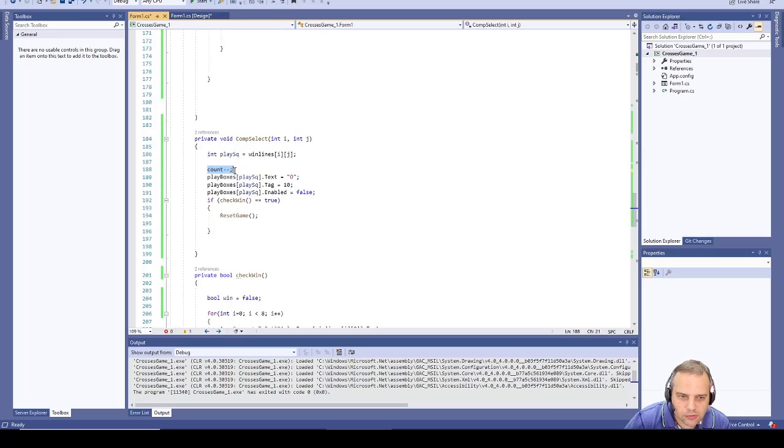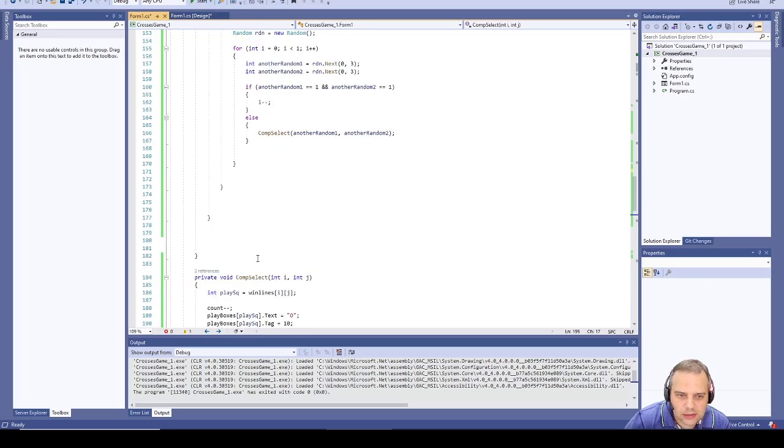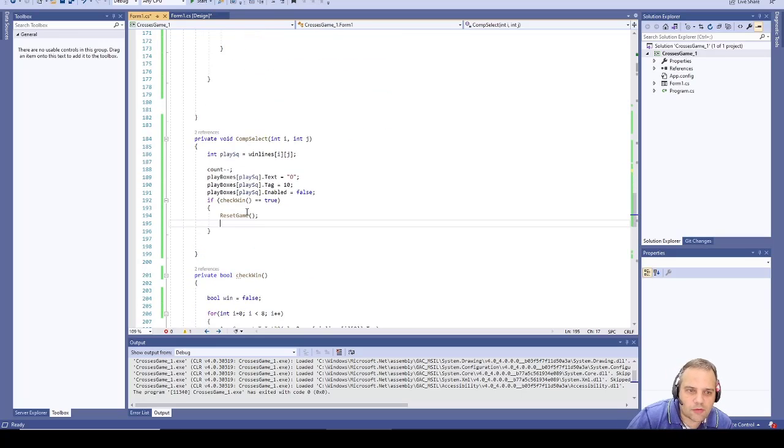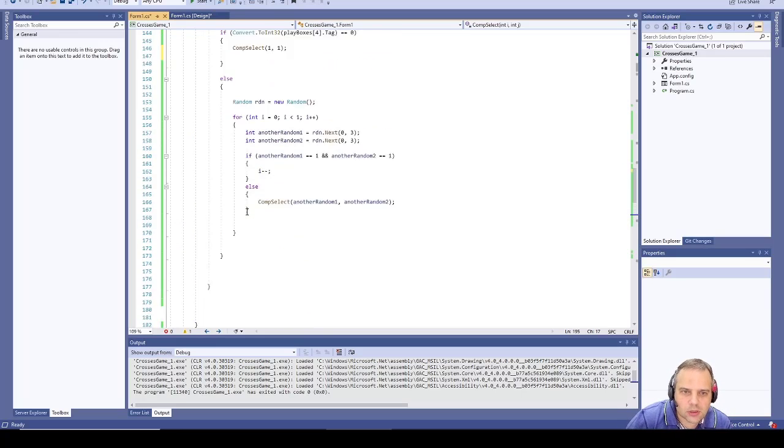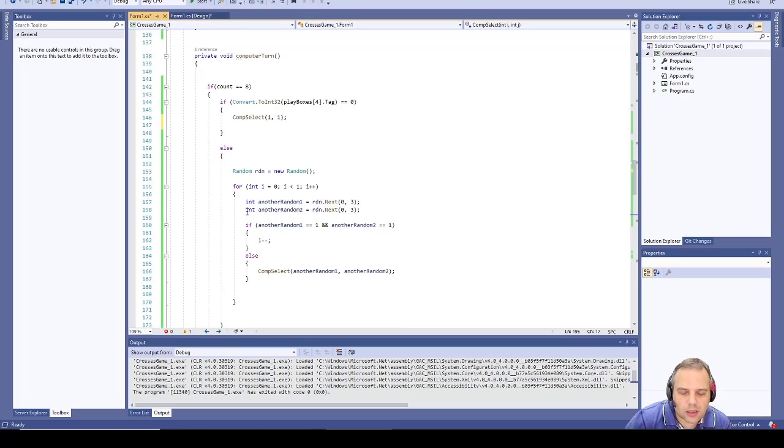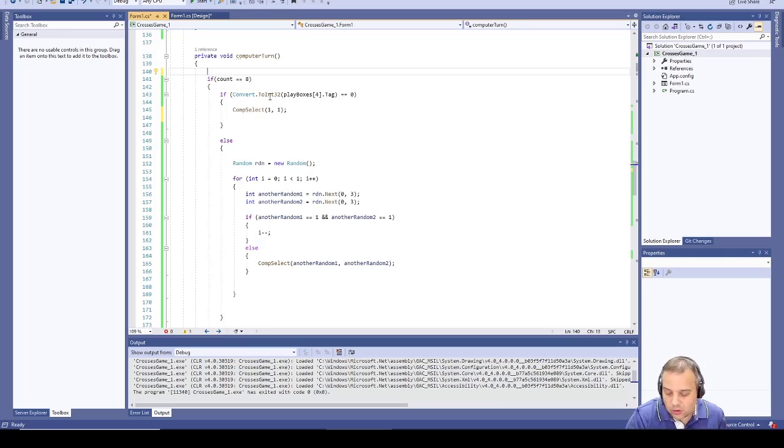So we minus off count because we're playing a go, and then play boxes gets updated to 0, the tag gets updated to 10, the square is enabled set to false, and we check win. So comp select is now going to be called every time it's the computer's turn. We've got 2 instances right now where that's going. It's still if the count is 8, so we're still running